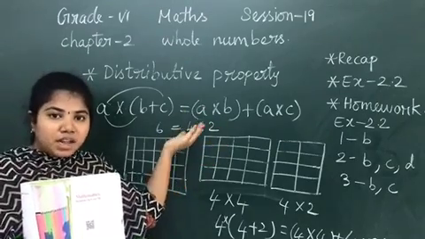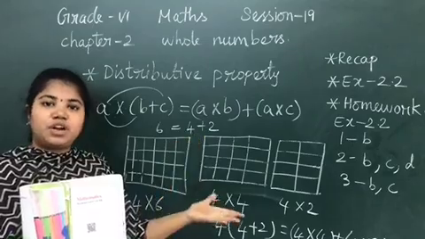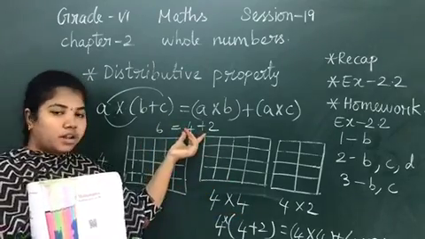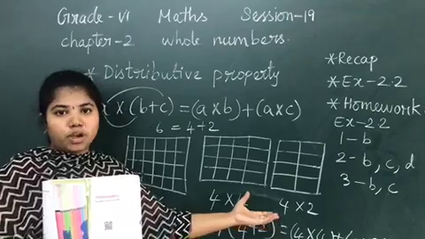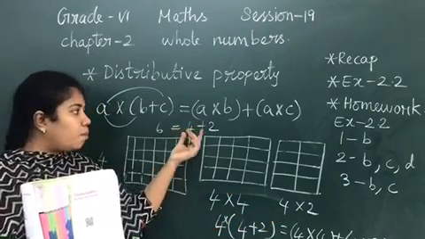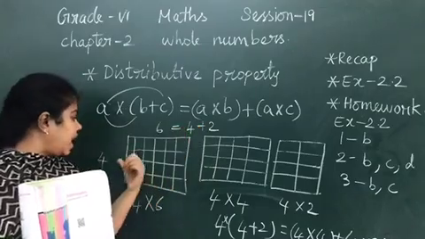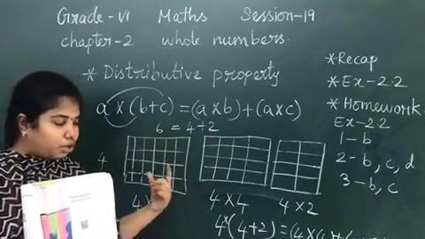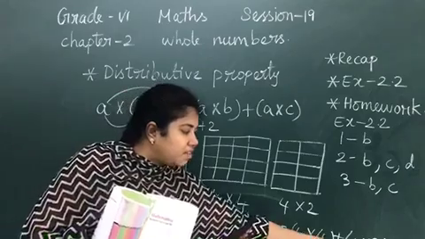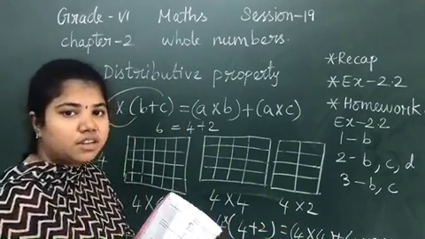Even you can separate that 6 as 3 plus 3 or 2 plus 4 or 5 plus 1, 1 plus 5. It is of your wish. You can do it in several ways and you can check at home. Okay. So I have separated it like 4 plus 2. This is my B and this is my C. Which is my A? This is my A. A into B plus C is equal to A into B plus A into C. This is our distributive property. Can you understand? Let us move on to the next one.